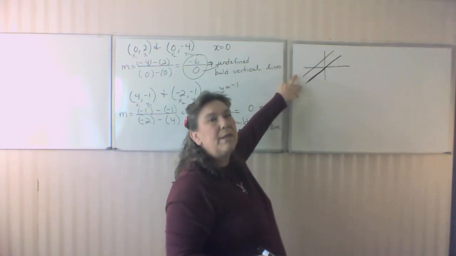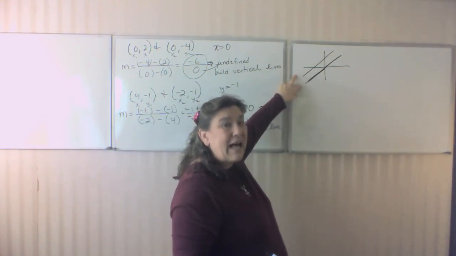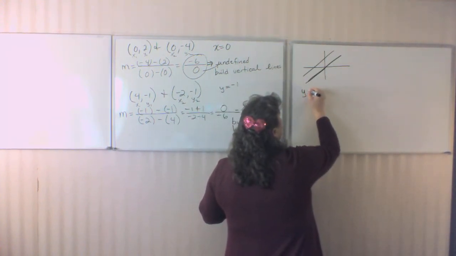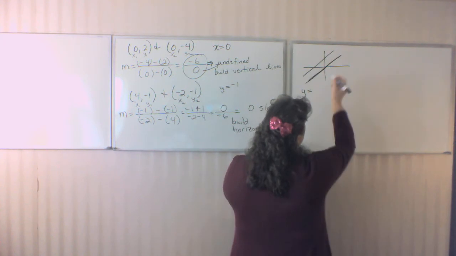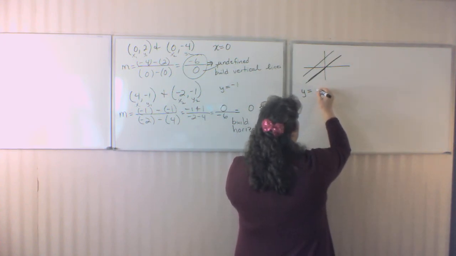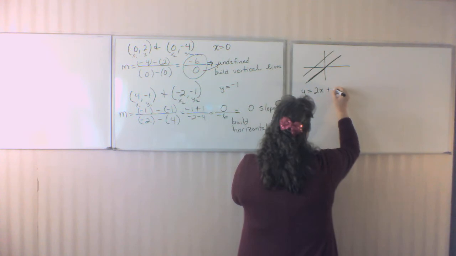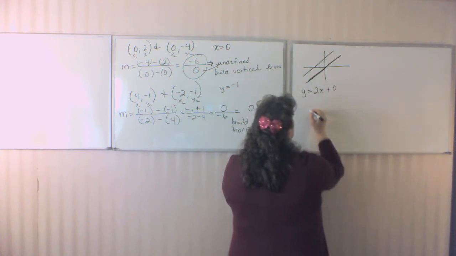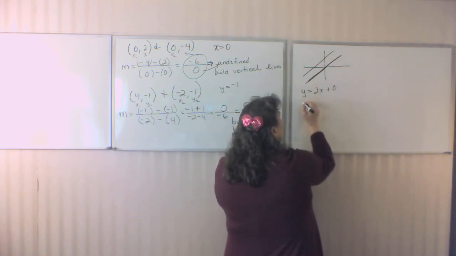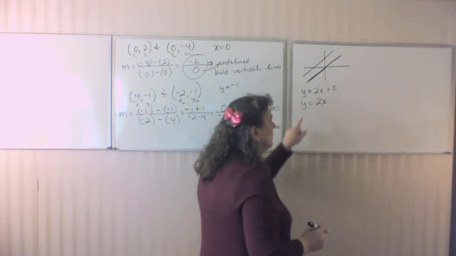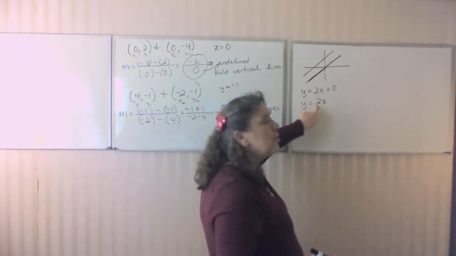Slopes of parallel lines are exactly the same. So if I say y equals 2x plus 0, this one up here has to have exactly the same slope, because this is your slope position